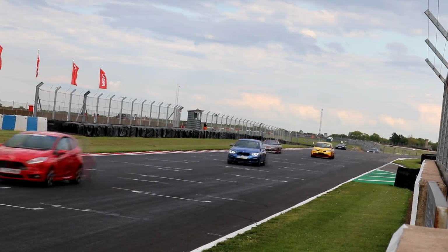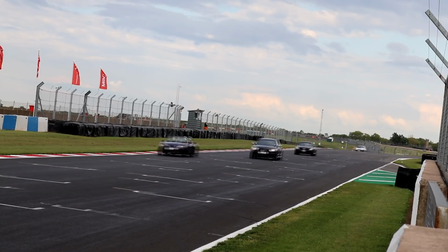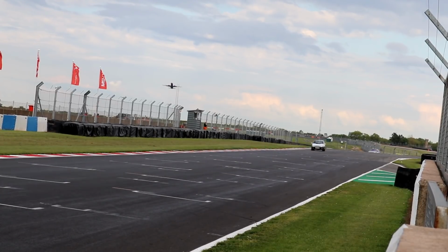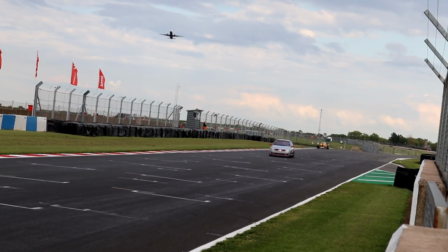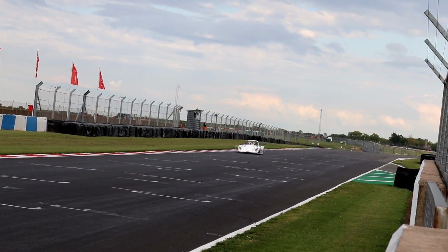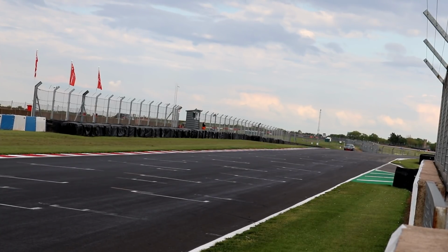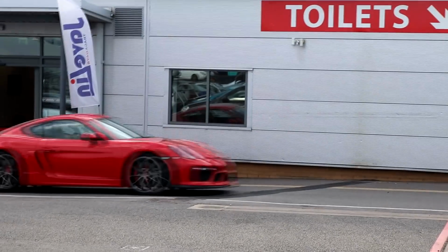Although I tell a lie, I have actually driven 4 laps of the Nürburgring in the van a few years back, but this one is my first ever open pit lane event. I'm here at Donington in the East Midlands of the UK for an evening session which will run from 4 PM till 8:30 PM, and I will be racing on the national circuit, which is a little shorter than the Grand Prix layout. I've already signed on, done the driver's briefing and completed 2 sighting laps, so quickly before we